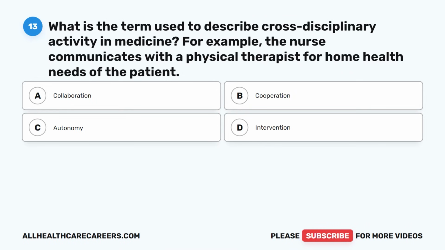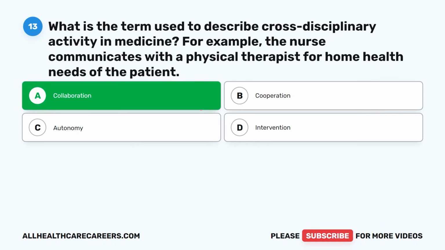Question 13. What is the term used to describe cross-disciplinary activity in medicine? For example, the nurse communicates with a physical therapist for home health needs of the patient. A. Collaboration. B. Cooperation. C. Autonomy. D. Intervention. The correct answer is